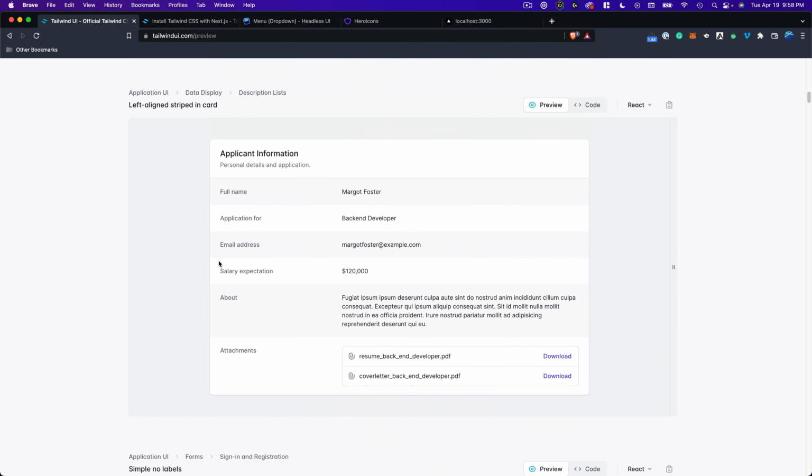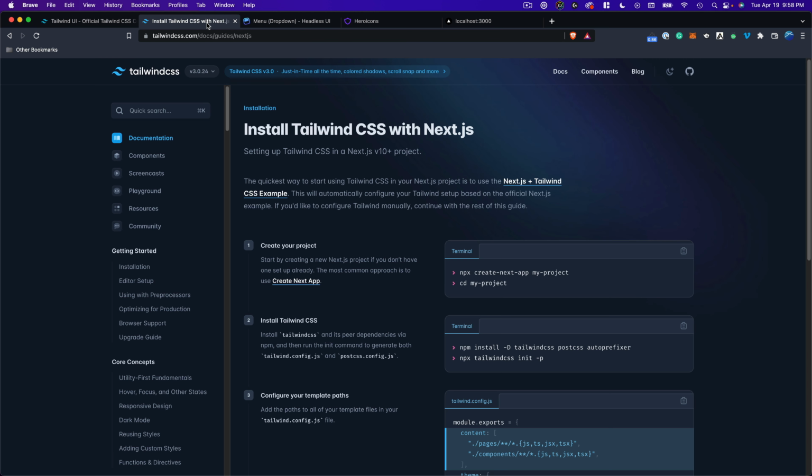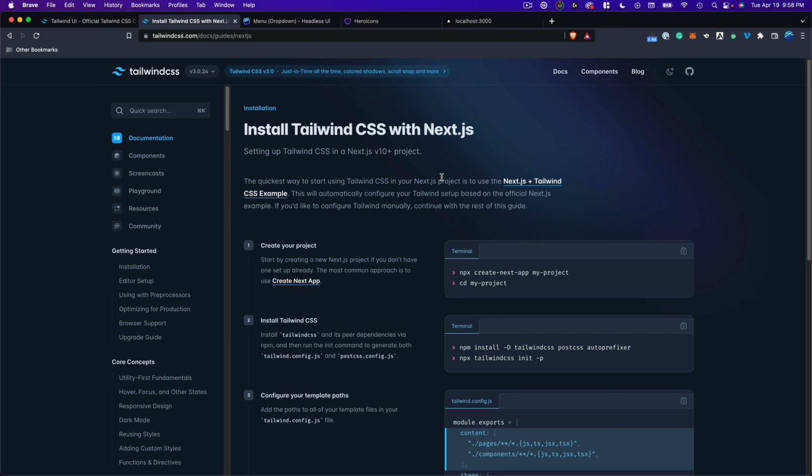Now, it might go without mentioning, but because I'm using Tailwind UI, I am using Tailwind CSS, which is a utility-first CSS library. If you haven't heard of that, be sure to check out the links in the description. I also have a link on how to get Tailwind and Next.js set up together, which is what I'm using